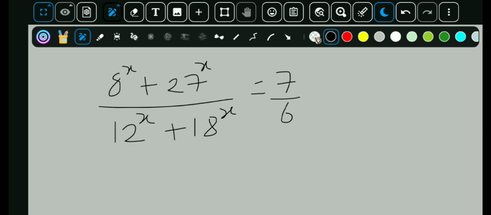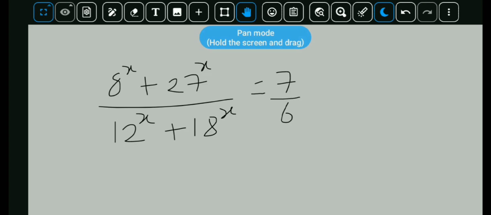So if you see the question which is given at the first, if you focus on the numerator, in the numerator there are two terms, 8 raised to the power x and 27 raised to the power x. If you just look at them once, you will at once get the idea that 8 is equal to 2 cube and 27 is equal to 3 cube. So we can make an idea that it will be somehow related to 2 or 3. Basically this is the first idea which you will get after seeing the question.